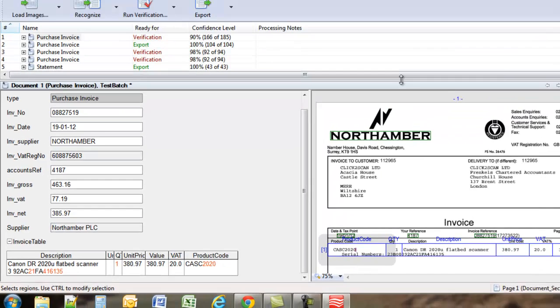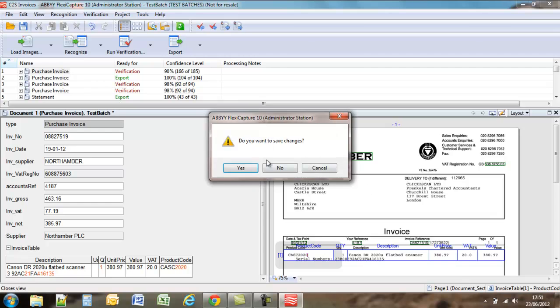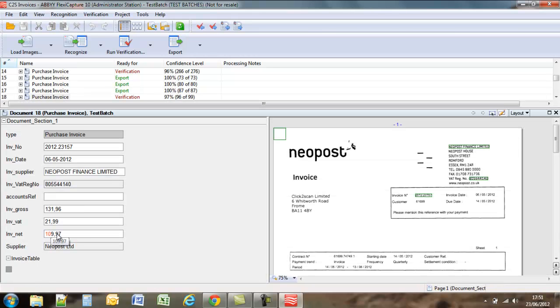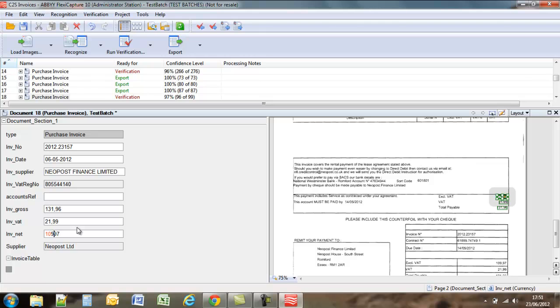So from a user's perspective, they can work their way down the list if they want to, double clicking into each invoice or statement, checking what information it's unsure about. For example, the quantity, or sorry, the net amount is spot on, but you can just overtype it or make any corrections you like. The other way you can do it is by going into what's called the verification stage,